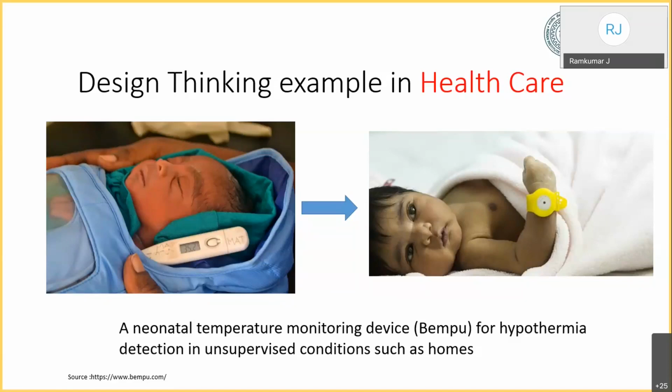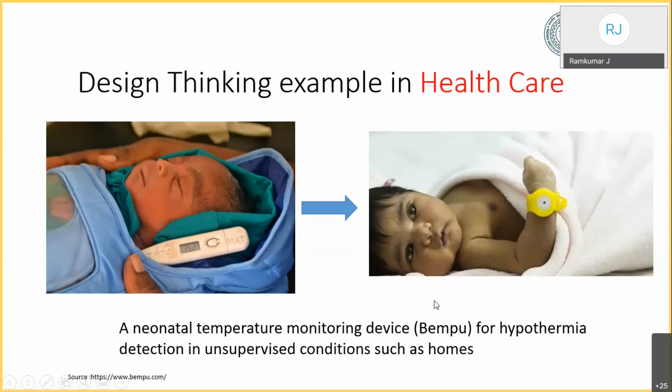You can't stop it. It will run continuously for so many hours, and then finally, when the temperature falls below a certain degree, it immediately starts beeping. There will be a signal to blow, and there will also be a sound which is generated. So this will make the paramedic realize that the baby's temperature is falling down.